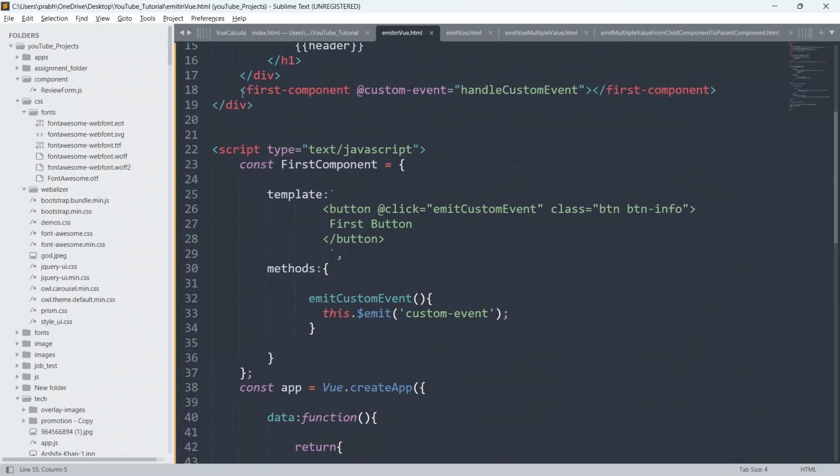I gave you the example also. This is similar to the native or the usual event. Now we are going to create the second component.